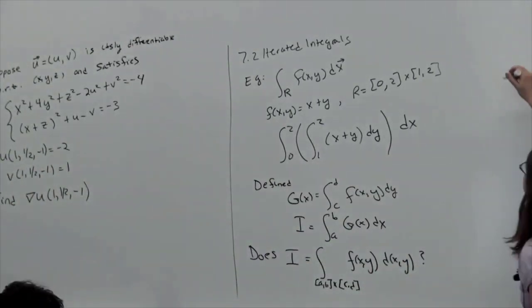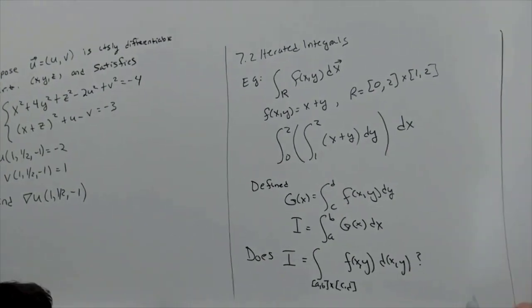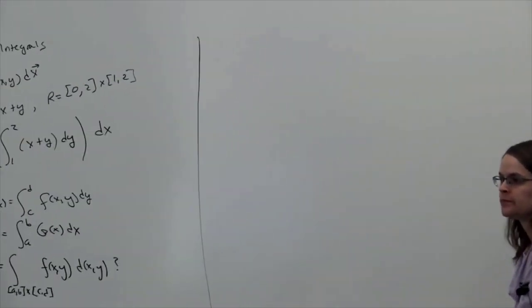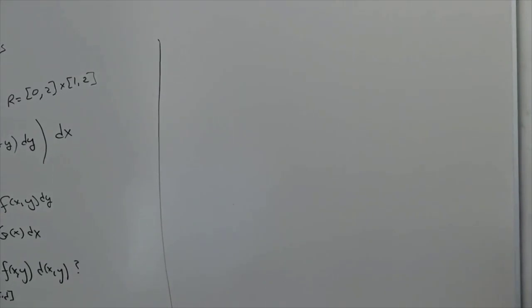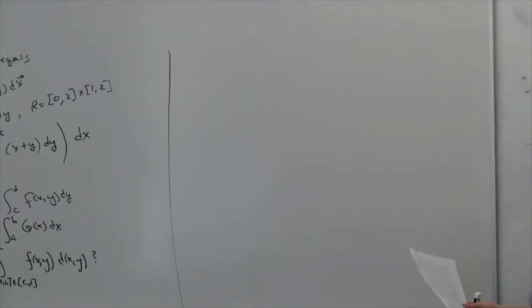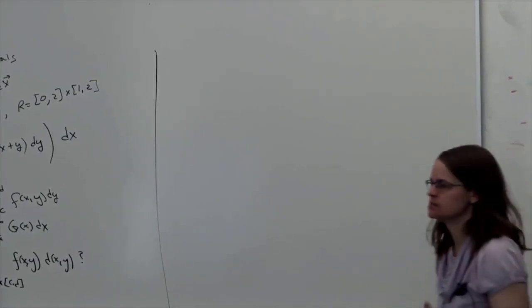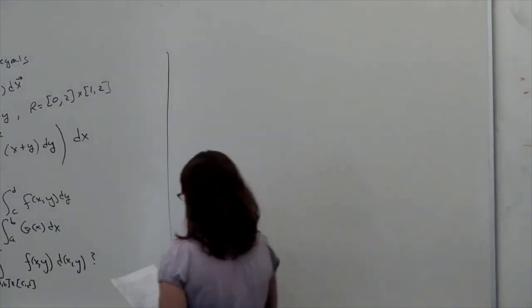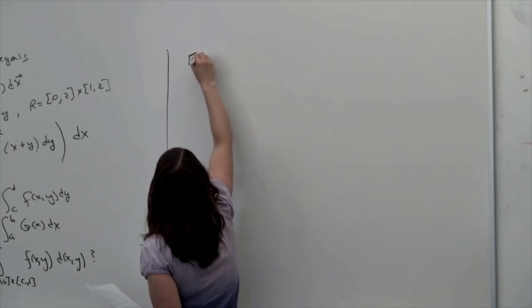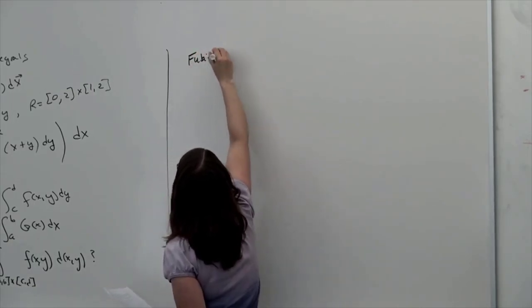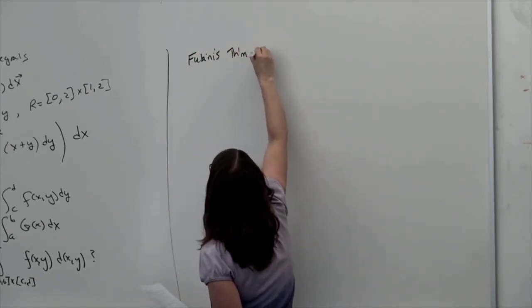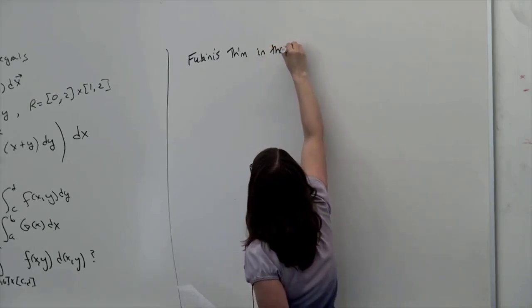And this question is answered by Fubini's theorem. I'm going to write down Fubini's theorem in the two-dimensional case. We'll prove it in the two-dimensional case, then the jump up to higher dimensions is the same. So Fubini's theorem in the plane, in 2 dimensions,